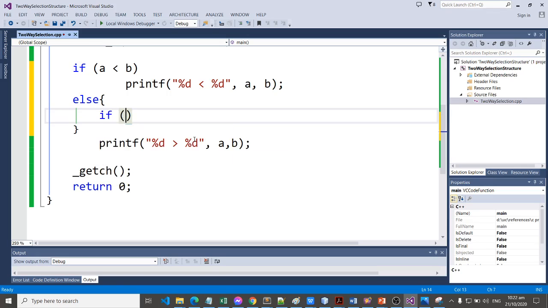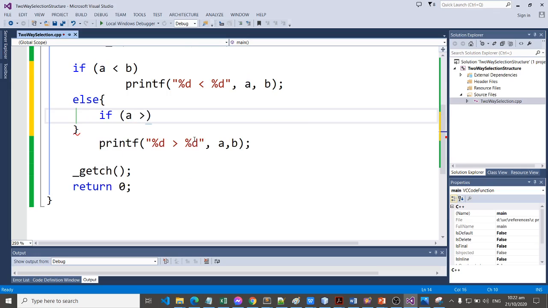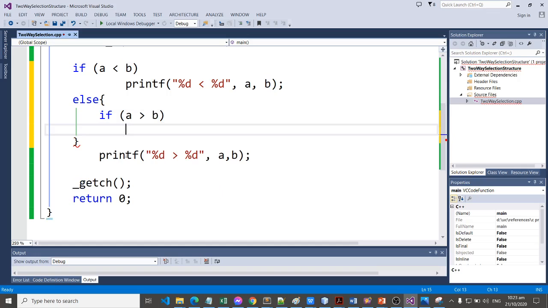if statement here. If a is greater than b, so we need to put it here.